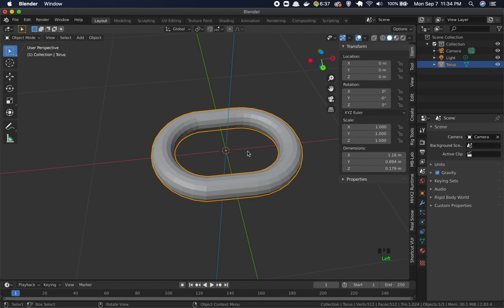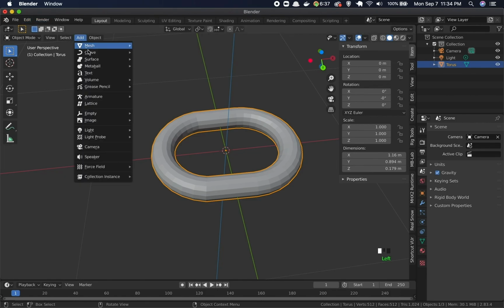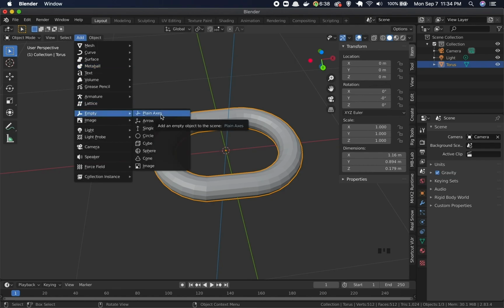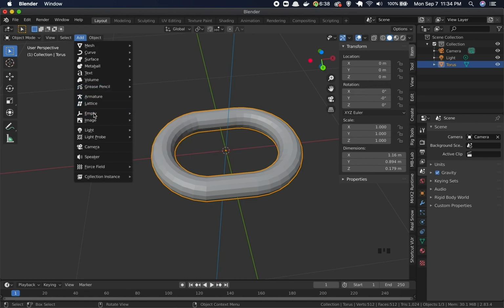I want to add another object. You will realize what I'm trying to do with that. But for now, I want to add an empty object. I will select a plain axis, but if you do not see this empty option in your menu,